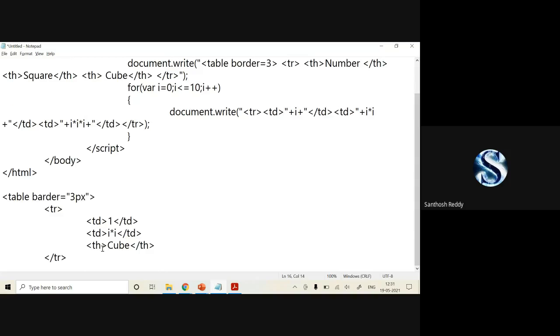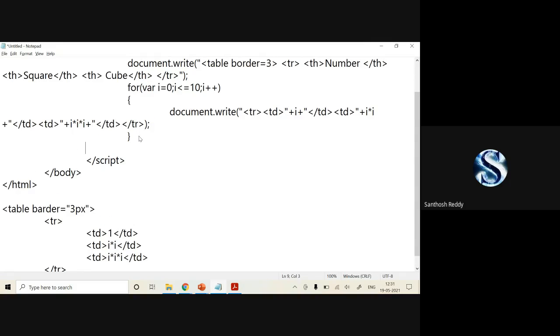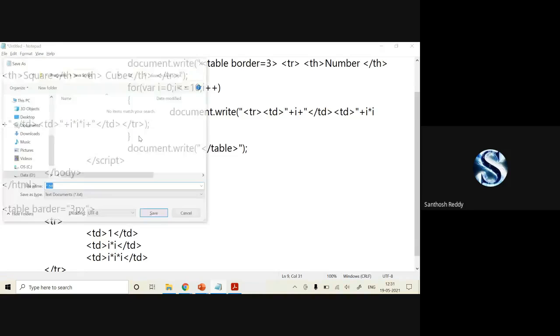That's it. Next, TD, i into i into i, close my TD. Same thing like this. Once it is done, you can close your table. How are you going to close? Same way. Document.write of closing of my table. That's it. Give a semicolon. Save it.